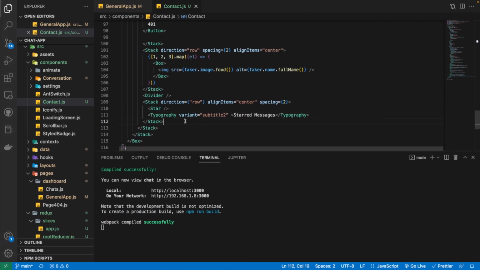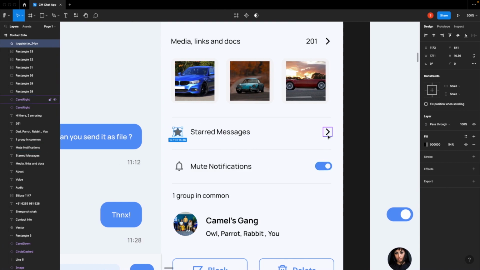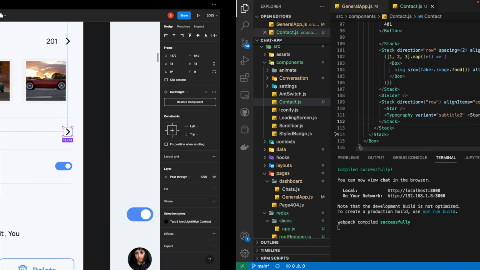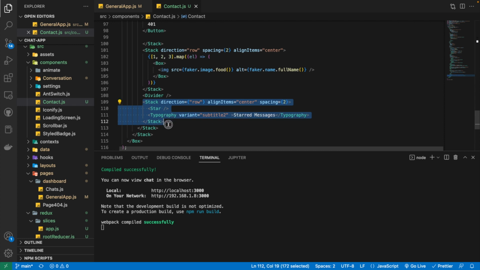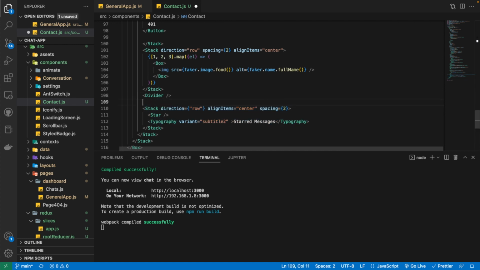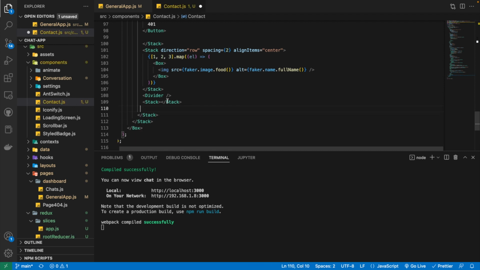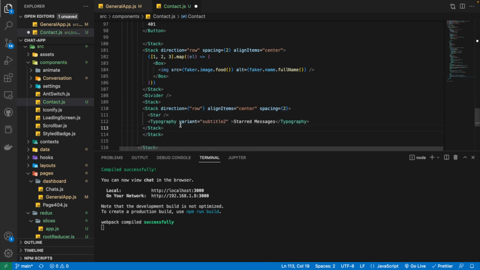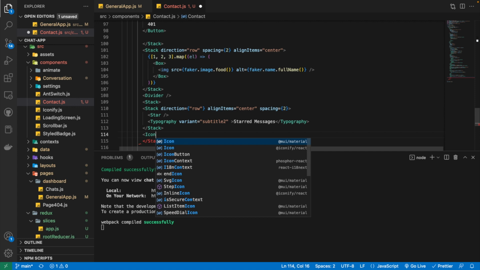But now we also need to render this caret button at the right side. So what we are going to do is wrap this stack again inside a stack, which will ensure that its children, that means this complete stack along with the icon button that we are just going to make,